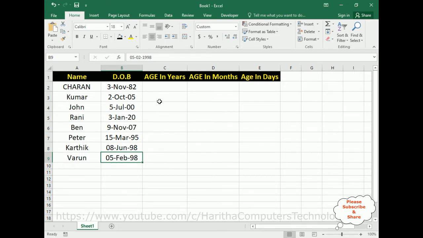And now, when the user clicks the tab, I want to get the age automatically here in years, months and days of a particular name or person. So first let's calculate the age in years. I have selected the C2 cell. The formula is equals to